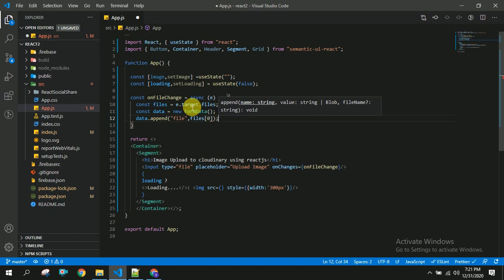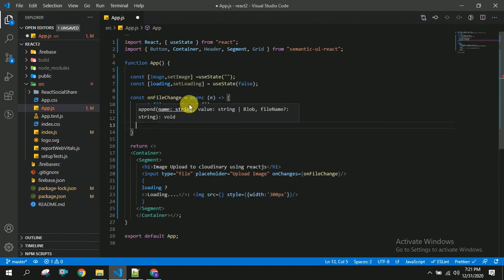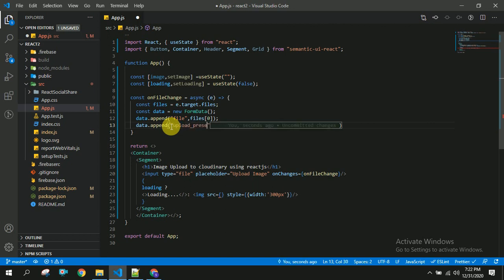So this first element of the array consists of all the data about this file or image, so we are appending that to the data. And next thing we are going to append is upload preset. Here we are going to give the folder name what we have created.